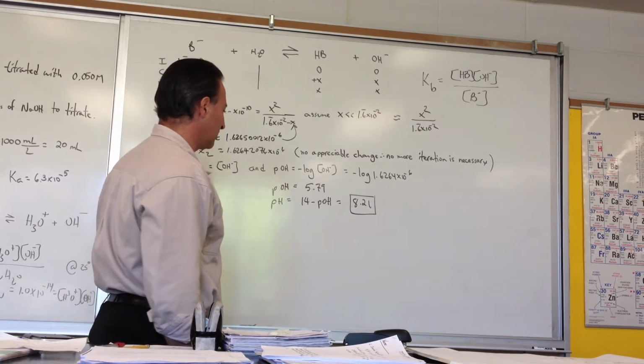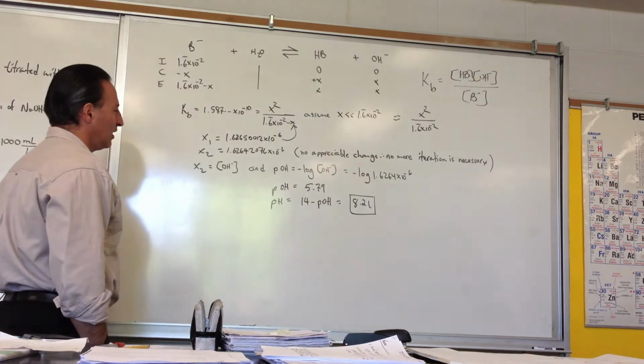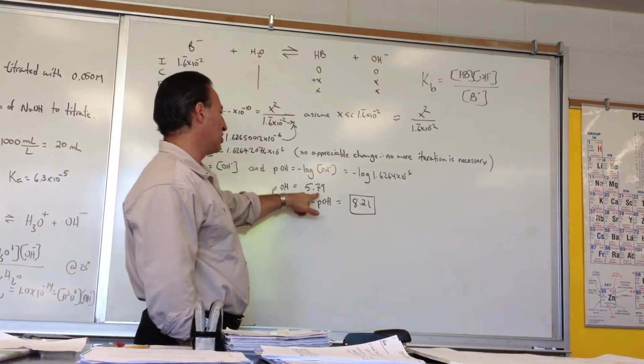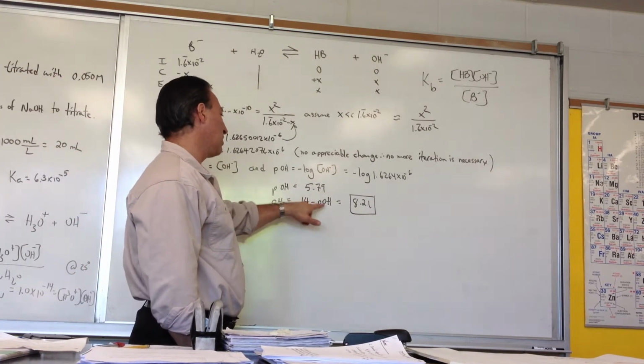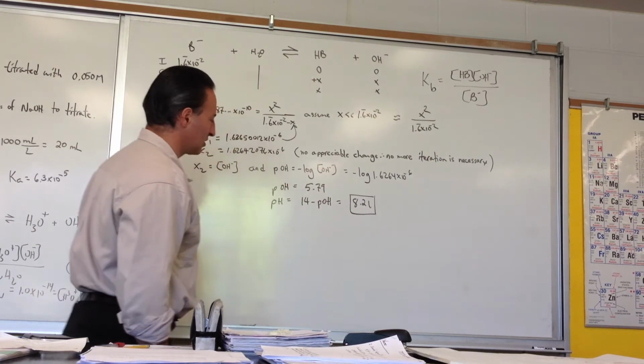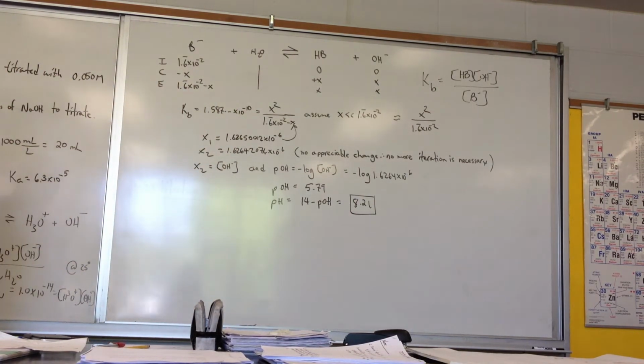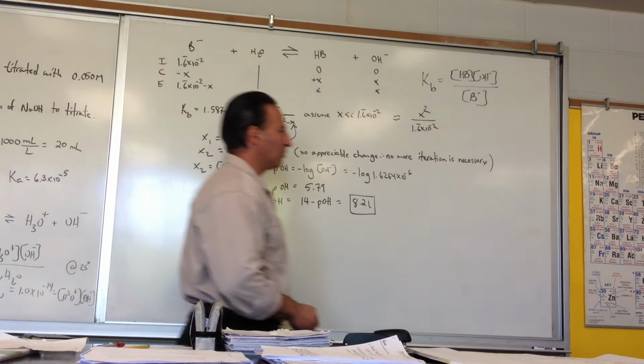We put that into the pOH equation. It gives us a pOH of 5.79, and 14 minus the pOH will tell us the pH of the solution, 8.21. And it stands to reason that we should have a pH above 7 because the benzoate anion should be basic. In the next example,